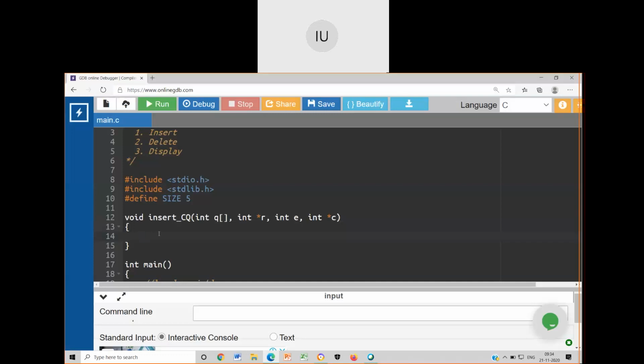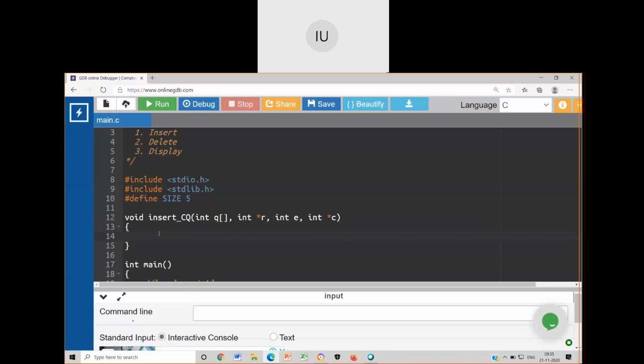First is I have to increment the rear, then I have to insert the element. Okay, so what is the way I need to increment the rear? Can I write Q of plus plus rear, Aditi and Indu? Can I write like that? If I write like that, it will act as linear Q. But actually what I want is the modification done to the rear increment and front increment. Yesterday I have mentioned about it. That is the only difference between linear Q and circular Q.